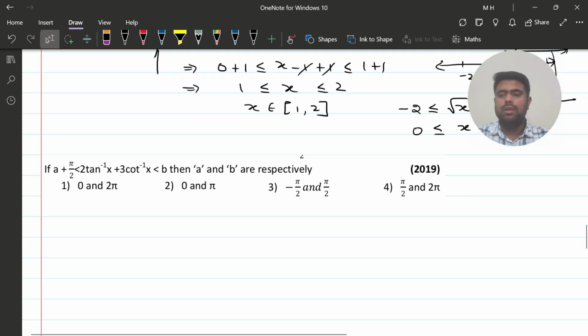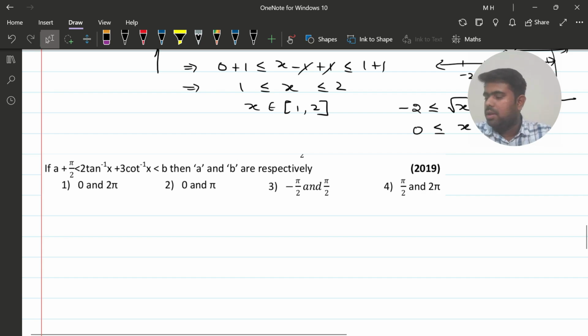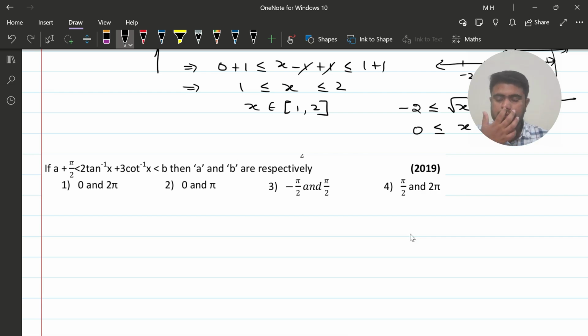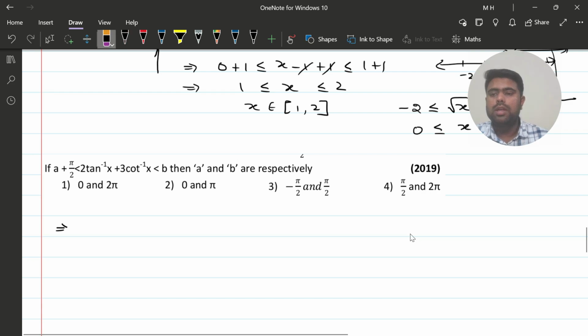Going to the next question. The next question says if A plus pi by 2 is less than, okay, less than B, then A and B respectively are. Okay, fine. So what I'll do is I will write down the given inequality first. It is